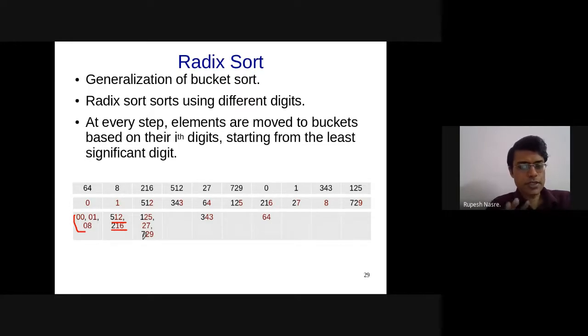Okay, any questions on the second step? Okay, so once we have the second step done, what will you do in the third step? Can somebody tell me how the elements will be in the third iteration? Yes, we have to look at the first 3 digits. That is correct. In this case, the first 3 digits are going to be the last 3 digits also. So, but yeah, that's correct. Last 3.